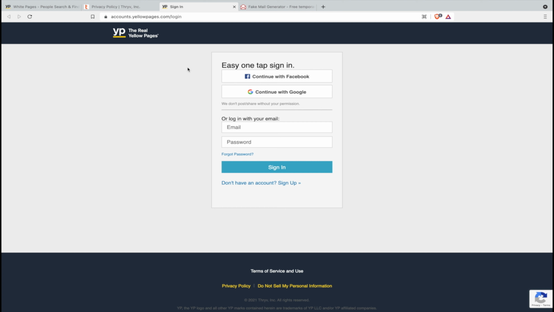Now keep in mind, a lot of these URLs change because the public record databases want your information. They get paid from advertisers and from places based on how much information they collect and they have. So they don't want you to remove your information. They're going to make it very difficult.